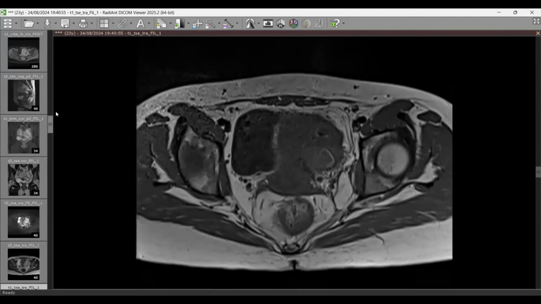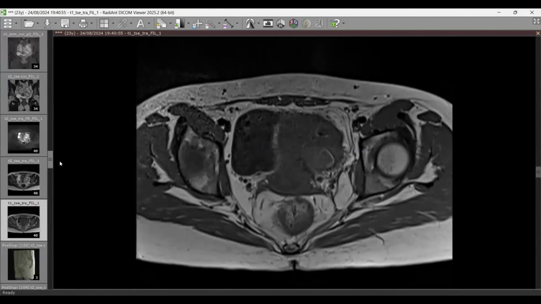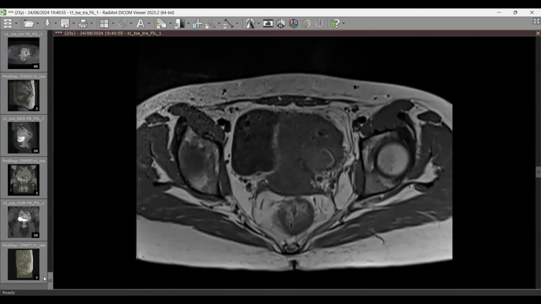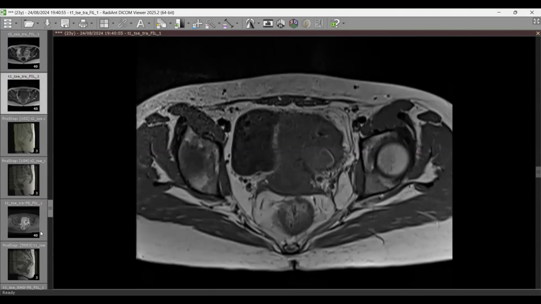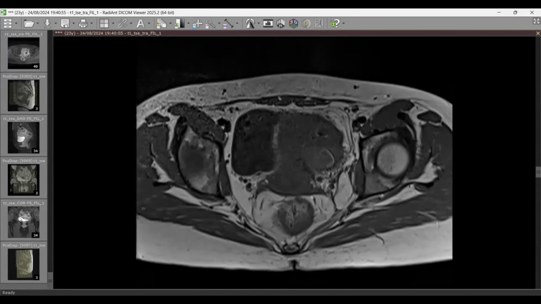Why do you need a post contrast for this case? What do you want to evaluate on post contrast sequence? I just want to check the enhancement, whether there is any ovarian torsion, or these are just enhancing masses. Also check fat suppressed images to look for the presence of any